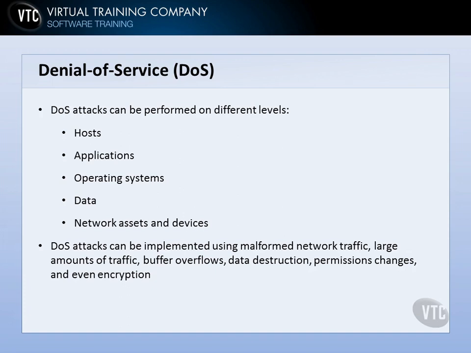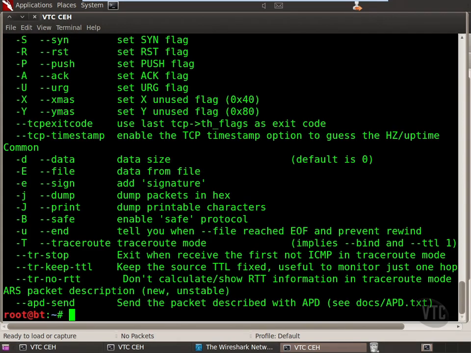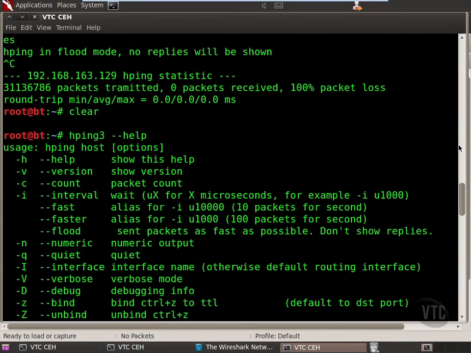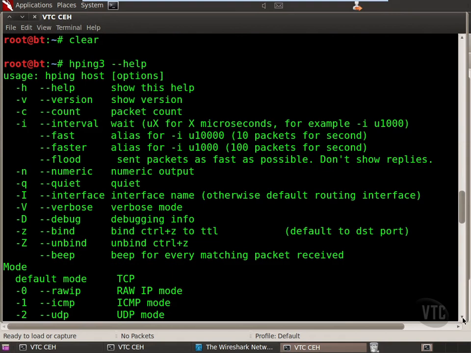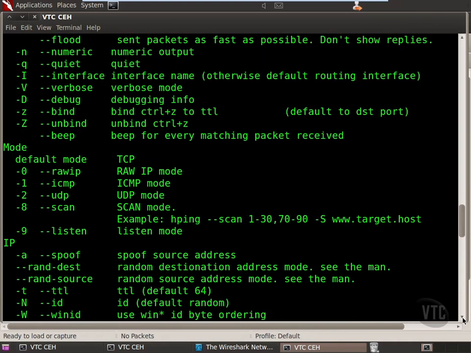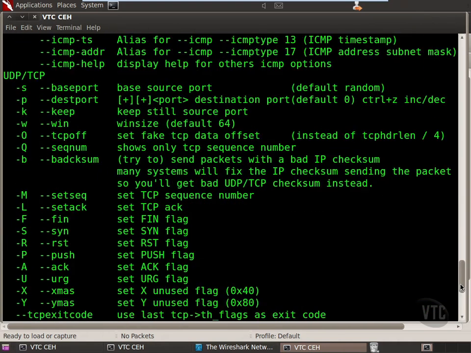Let's quickly look at a typical denial of service attack. We're going to use hping3 to wage an attack on a Windows box. Okay, I'm in BackTrack and I've got the hping3 help up. Let's go ahead and just take a look. hping3 is a popular program. It can be used as a packet crafter and analyzer, so you can actually get a lot of information using hping3. You can also wage a lot of attacks. So here are just some of the simple, if you will, switches that go with it. You can conduct different types of attacks and so forth.